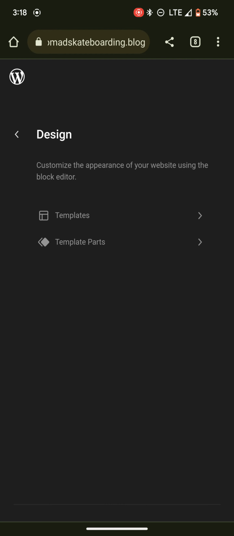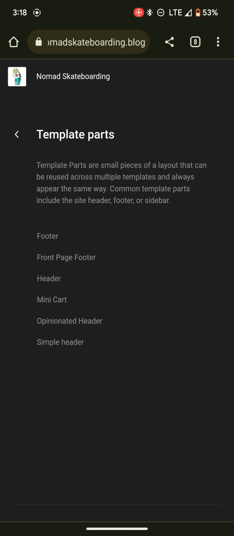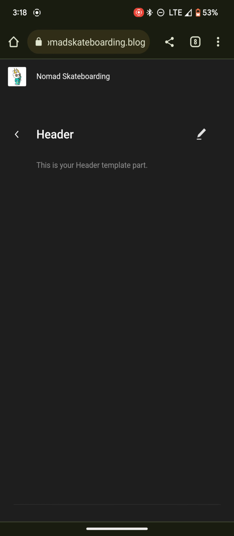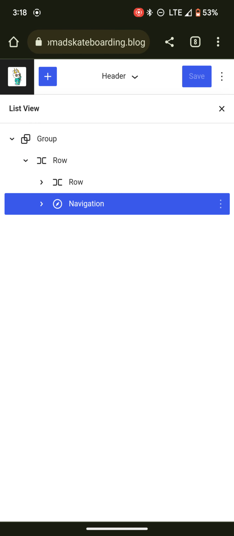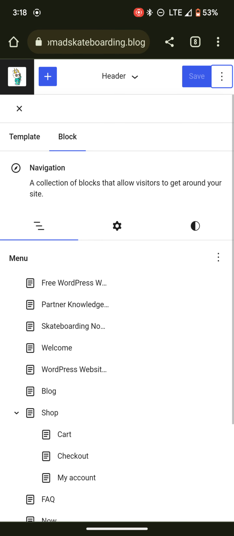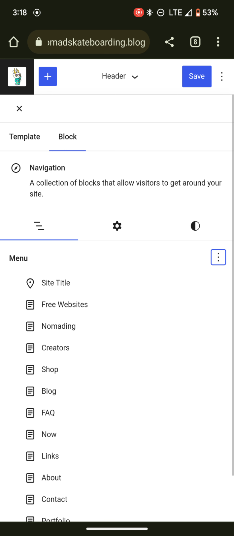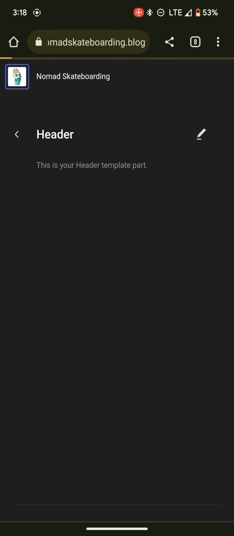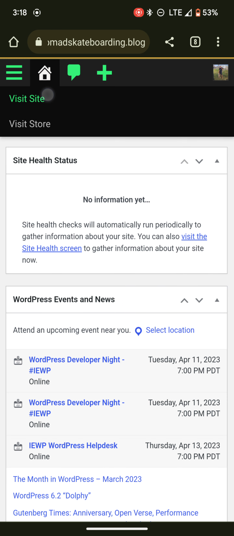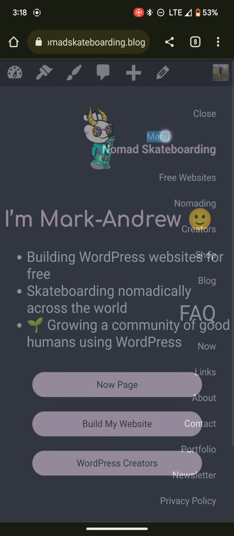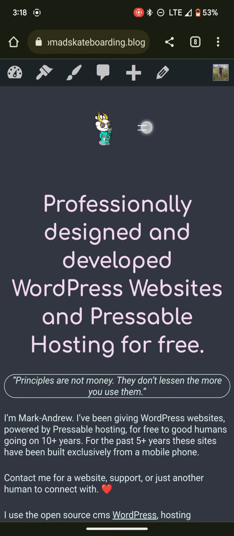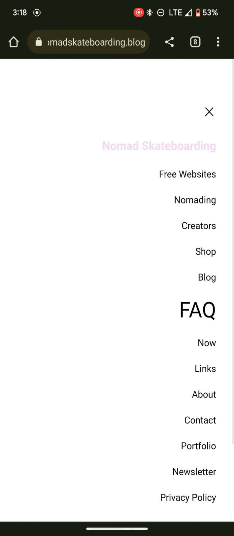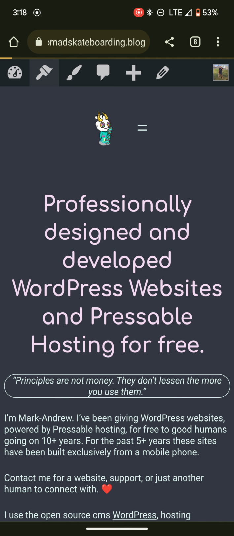I need to put the other menu in here, right? So I've got my header, I've got my row, I've got my nav, go to my settings, and I want to make sure it's my header navigation. So that should put all of that back. So if I go to the other pages, it should have the same, which it does. And what we need to do,